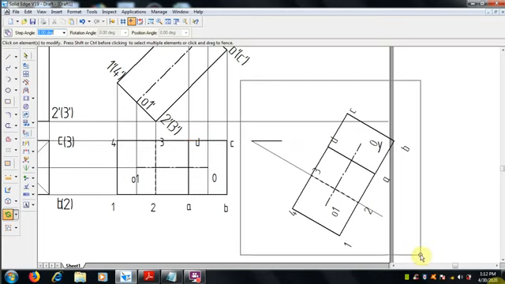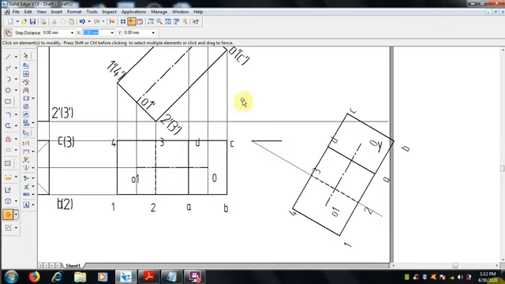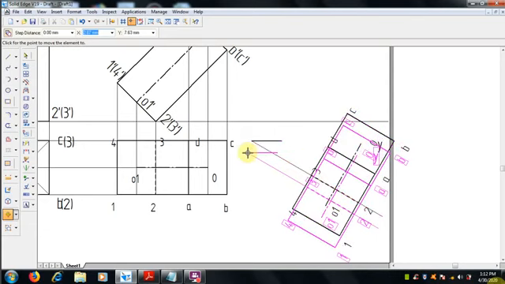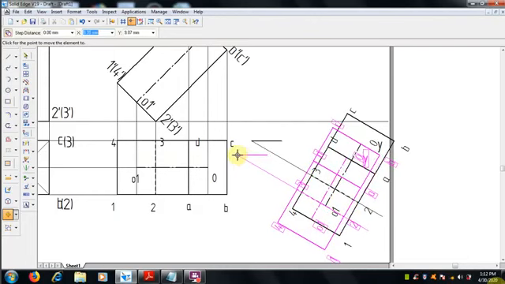Already we have moved a little bit down, but if it still exceeds the reference line, then we can move a little bit further down. Select the entire thing, move option, just move it down without any intersection with the reference line.